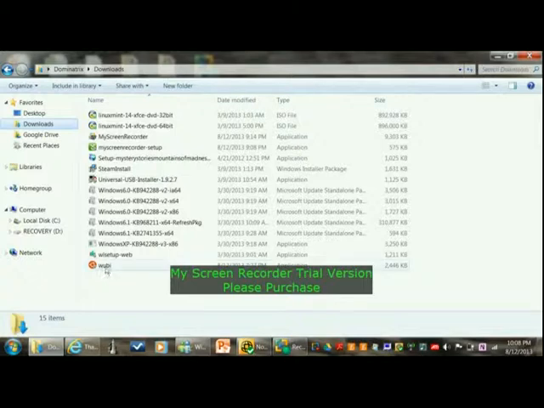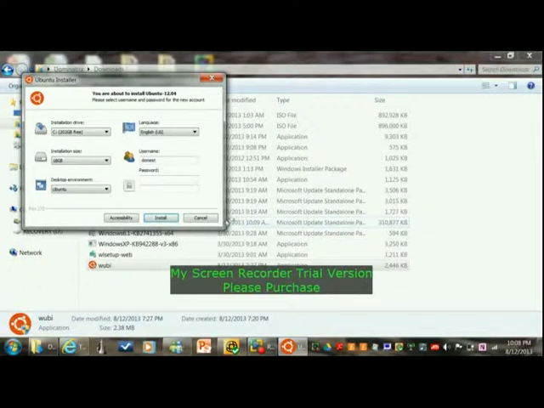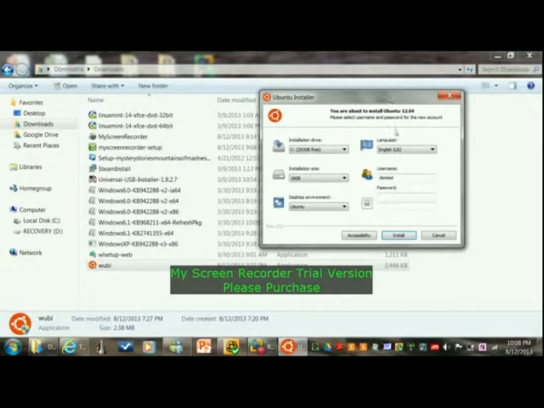Here it is. So all I have to do is simply double click on the wubby file, say yes to allow the program to make changes to the computer, and it brings up this dialog box here, and it says it's going to install it in the C drive. The language by default will be English. The installation size is going to be 18 gig. I can choose a different size if I want. I'm just going to leave it as is,